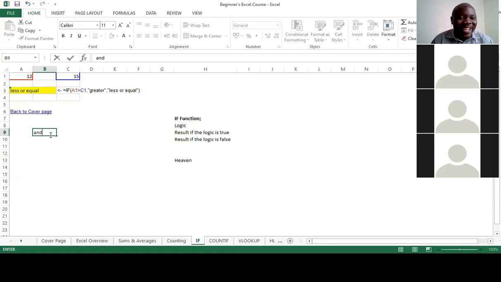Then type in B10, type enter and type. So these are parts of the logic. These are also functions. But you see, like I said, the first part of the logic test,